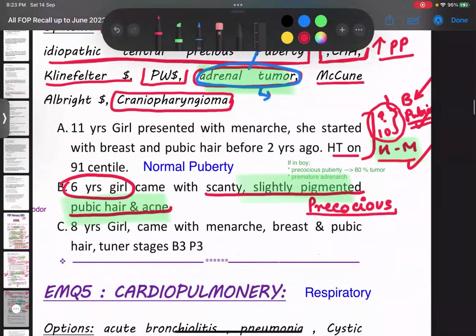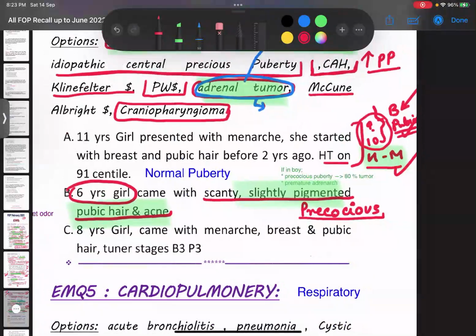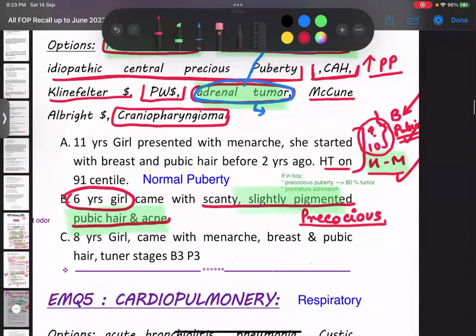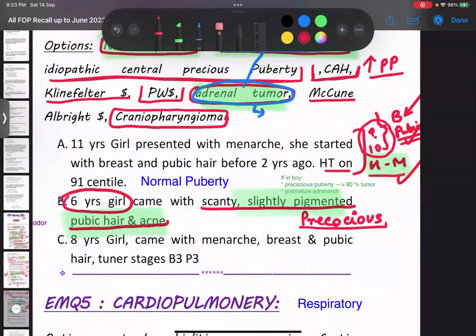I know this topic is a bit difficult, and I'll suggest you please today or tomorrow morning go and revise the puberty portion. Not everything from endocrine, only the puberty portion. Okay, is this clear? Yes, thank you. So this is a case of precocious puberty, but specifically premature adrenarche. Okay. Next,